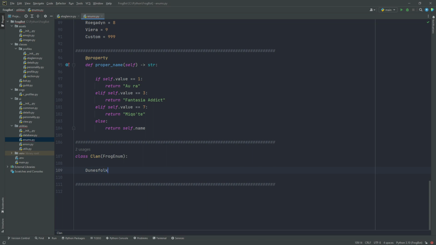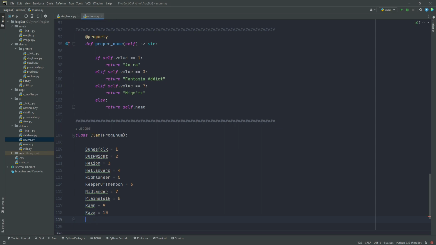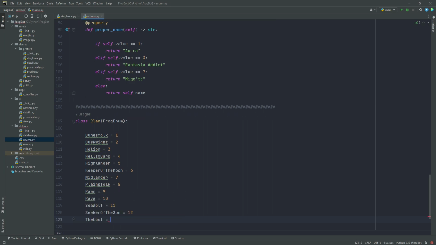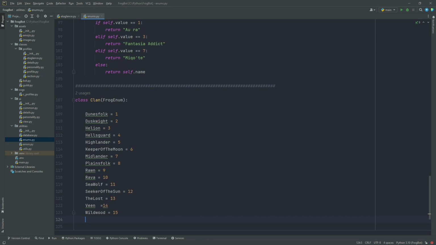We've got Dunesfolk, Duskwight, Hellion, Hellsguard, Highlander, Keeper of the Moon, Midlander, Plainsfolk, Raen, Rava, Seawolf, Seeker of the Sun, The Lost is 13, Veena is 14, Wildwood, Xaela,